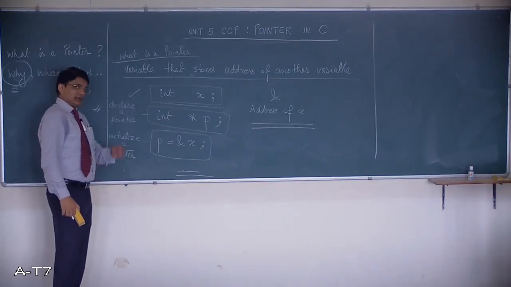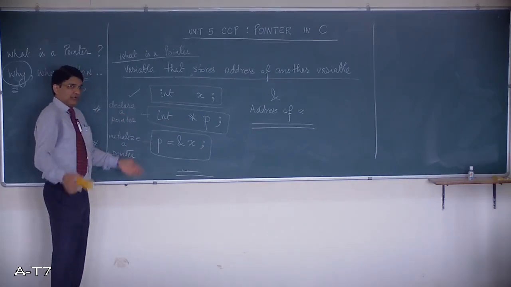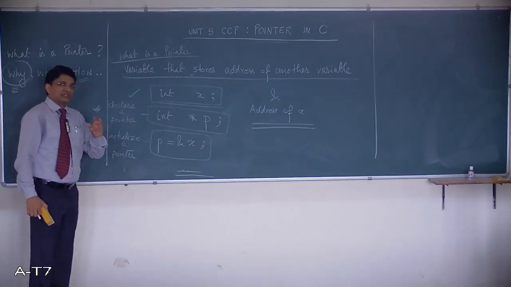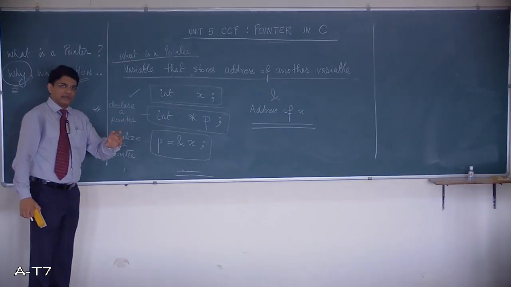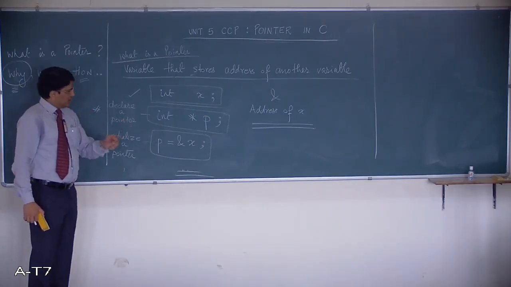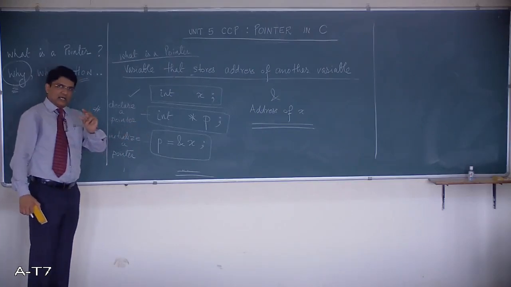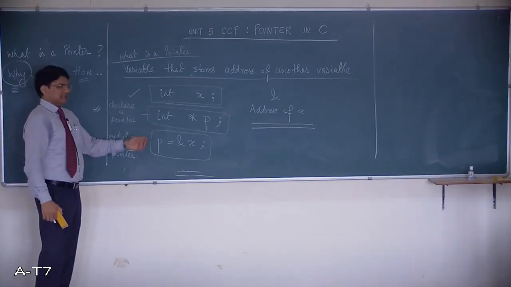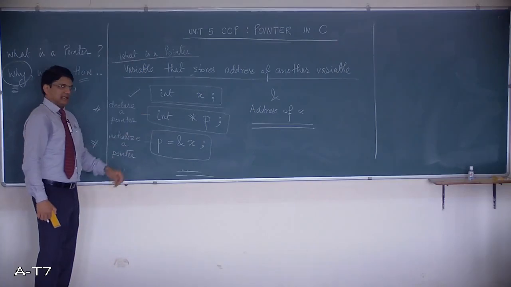By putting the prefix star to a variable name, it becomes a pointer variable. Otherwise how should the compiler understand what's a normal variable and what is a pointer variable? A normal variable does not have a prefix star. A pointer variable has a star prefix. You can have any name for the pointer variable, but a star is necessary. And of course, it has a data type.